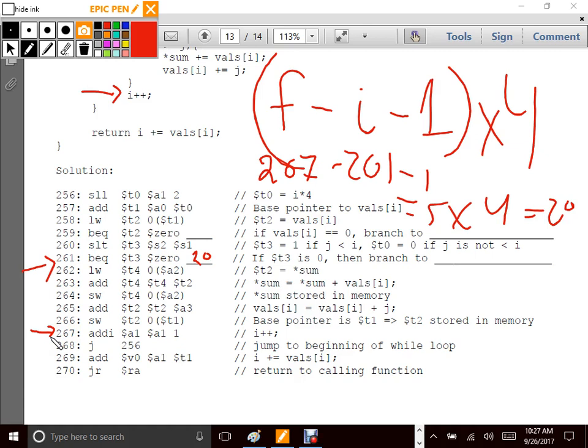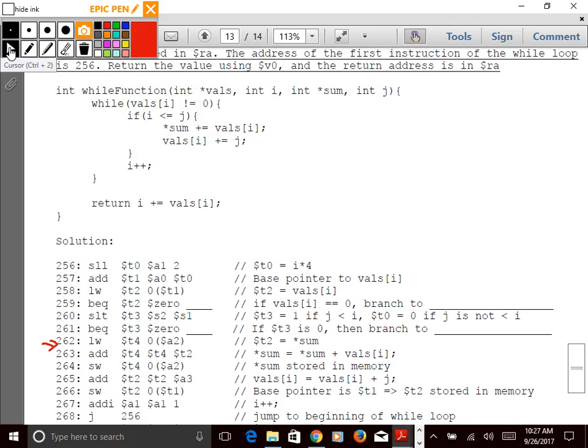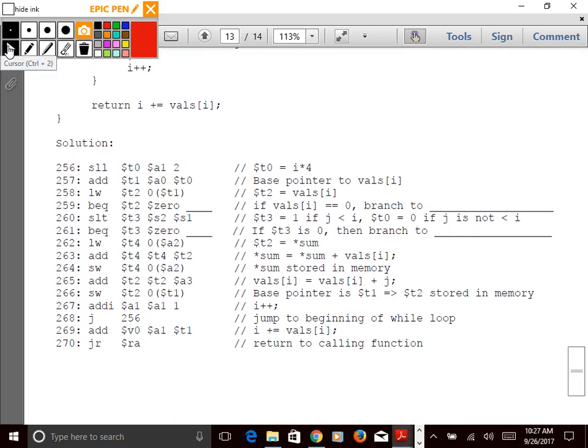And so this jump to 256 here, which is what I've added next, is when you've completed the while loop, I want to physically go back to the instruction number, which is why knowing what 256 is important. If you say jump 256, it will go to that exact value and we'll start all over. So jump 256 here in instruction 268